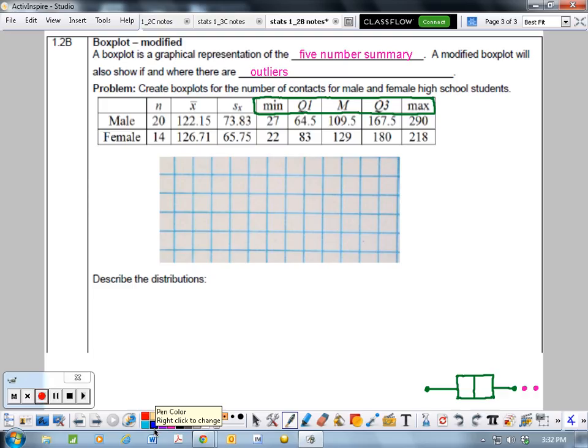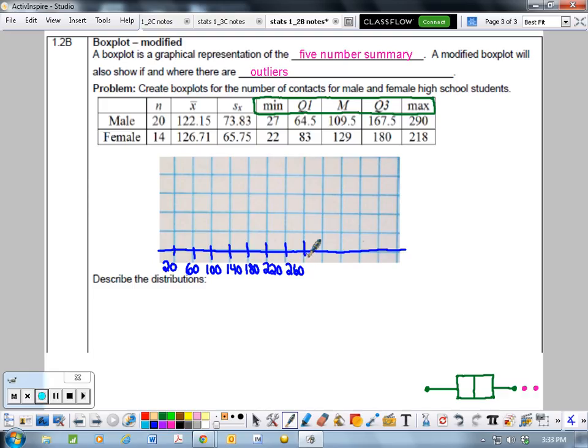So what we need to do is we need to look at, for males, our minimum value is 27, our highest value is 290. So we need some sort of a number line that's going to get us from 27 to 290. So I'm going to go ahead and start at 20. And then I kind of have an option. It doesn't look like my graph is big enough to actually go by 10s. Probably not even big enough to go by 20s. So I'm going to go by 30s or 40s. But since I like even numbers, I'm going to go by 40s. So this will be 60, 100, 140, 180, 220,